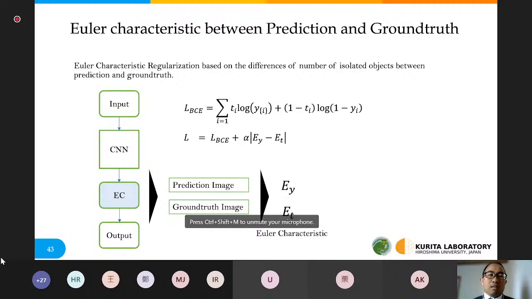And as an additional experiment, we also use the Euler characteristic regularizer in a different way, like this. So in this slide, we use the Euler characteristic regularizer based on the difference in the number of isolated objects between the prediction image and the ground truth image.